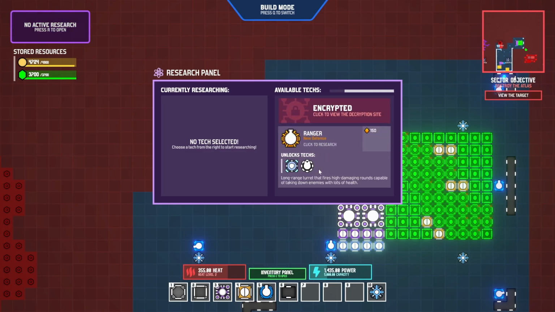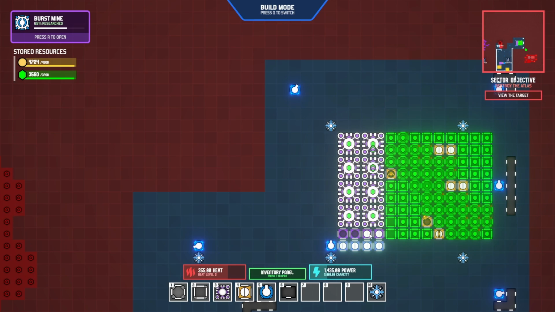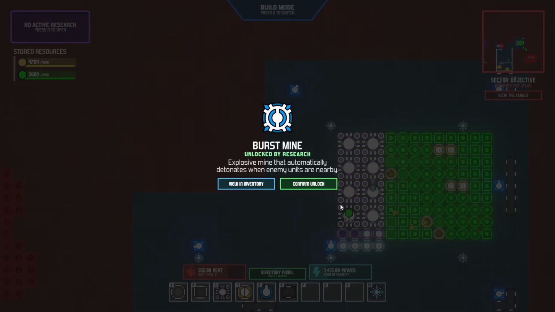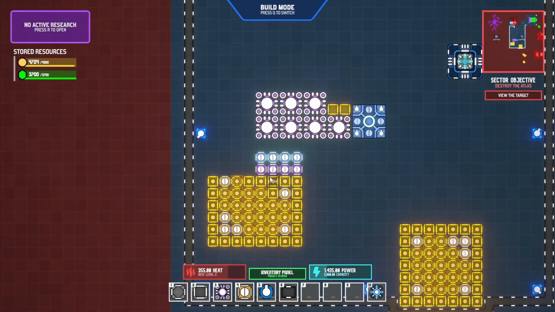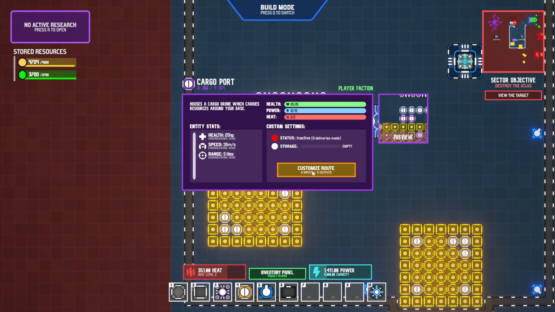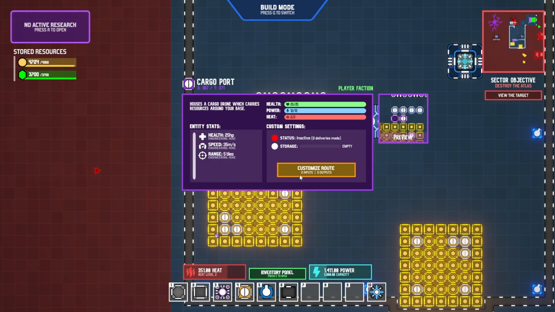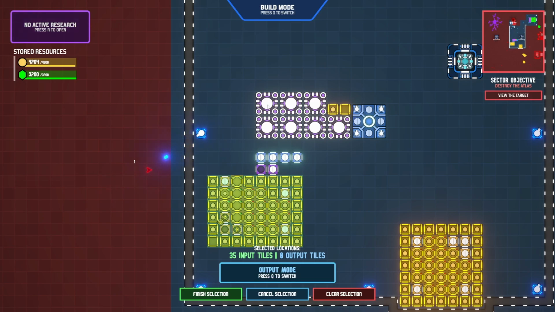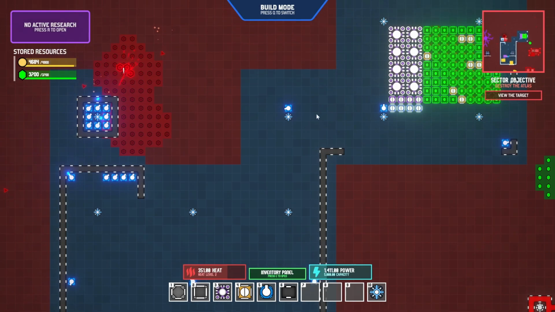So that's encrypted. Oh, I see. And we now have burst mines. So maybe I don't need that many of these. Okay, input mode. Output mode. Oh, I see. I have to finish selection. Input mode. Output mode. Finish. Alright, cool. So now that we've done that,